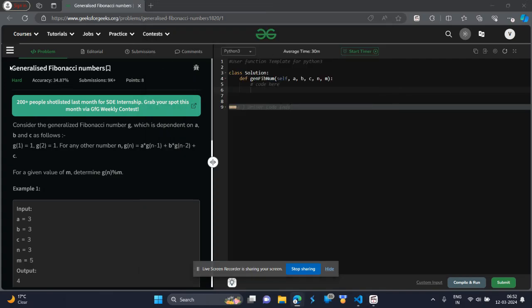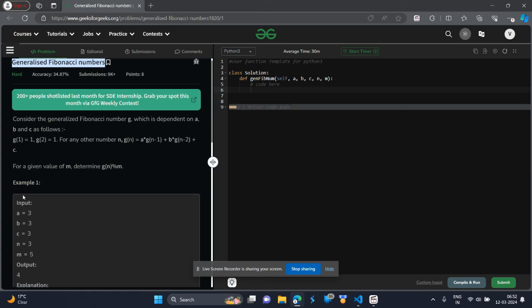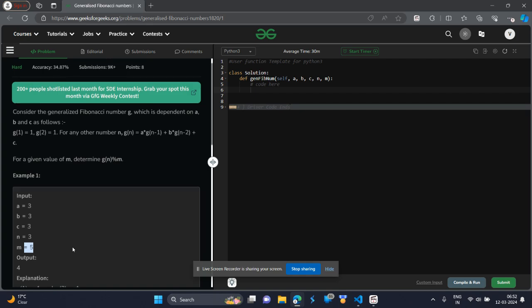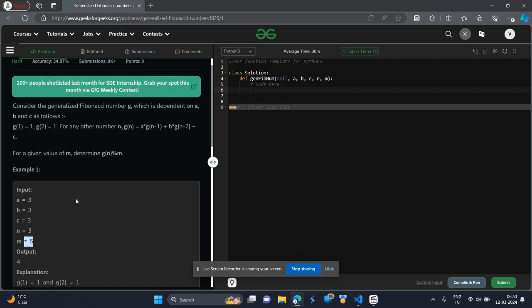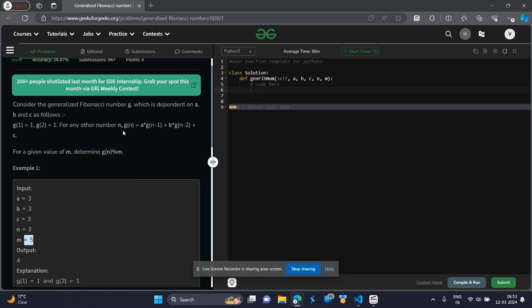We are going to solve generalized Fibonacci numbers. In this question, you are given three integers a, b, and c, and a range n along with the value m. You will have to find the nth Fibonacci number. But how? For any given number n, there will be three values a, b, and c. So you'll have to find a into g(n minus 1), b into g(n minus 2),